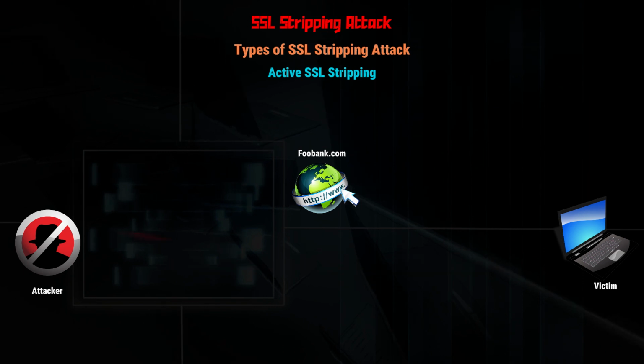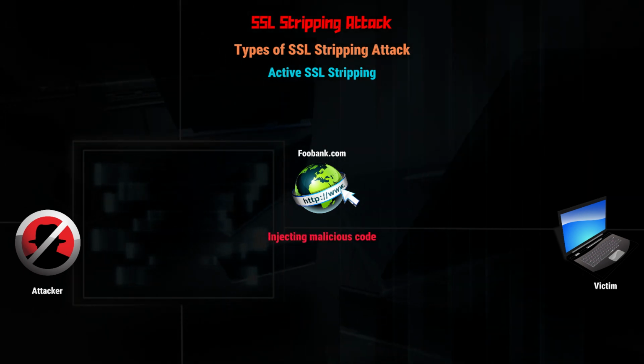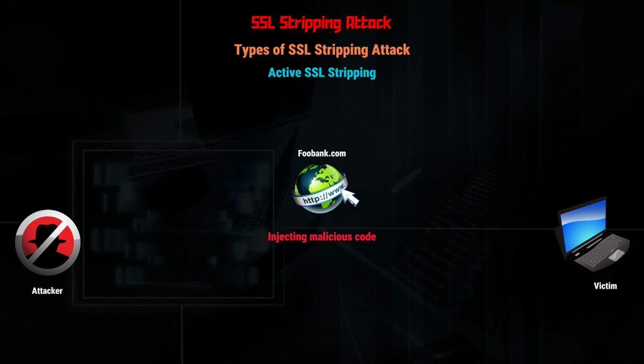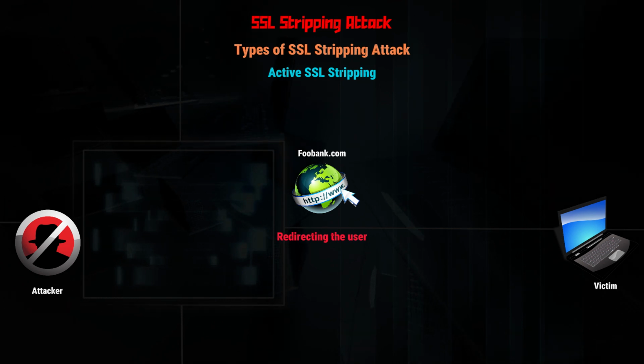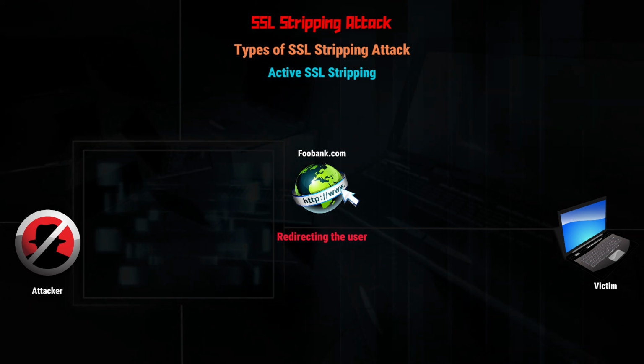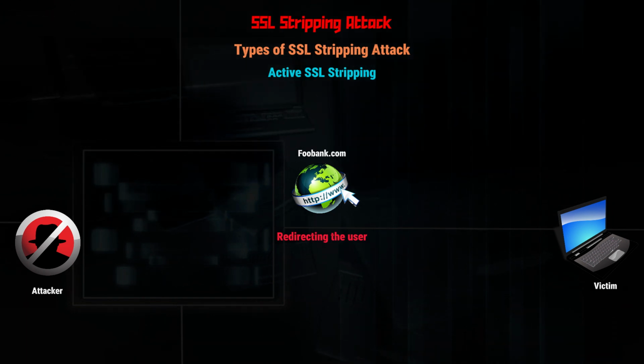Injecting malicious code. The attacker can insert malevolent JavaScript or HTML code into the web page to capture user input or steal sensitive data. Redirecting the user. The attacker may redirect the user to a fake website that mimics the legitimate one, a classic phishing attack with